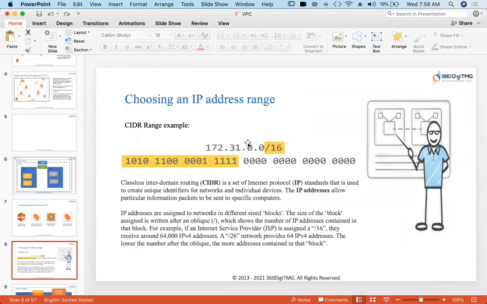An IP address will have 4 octets, and the first 2 octets will be the same. You can call it something like a subnet mask. These will be the same for your network, the first 2.